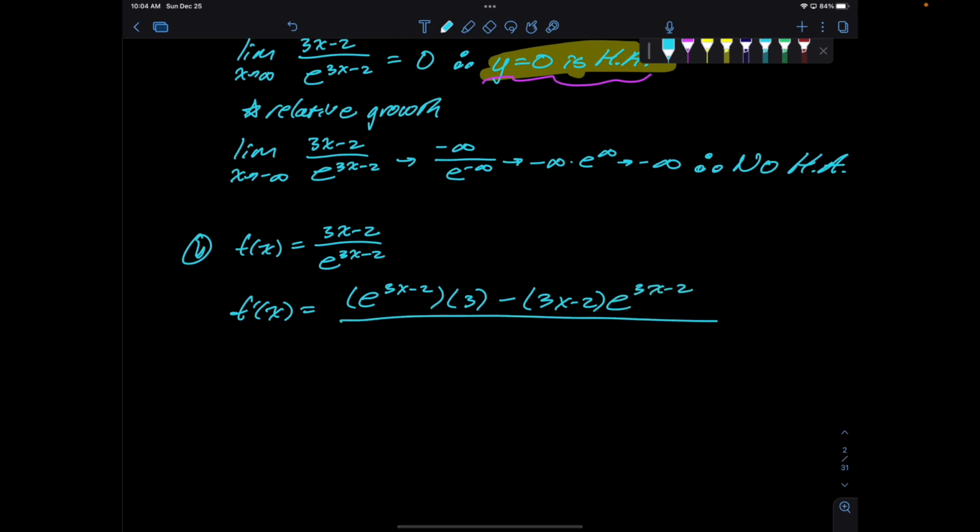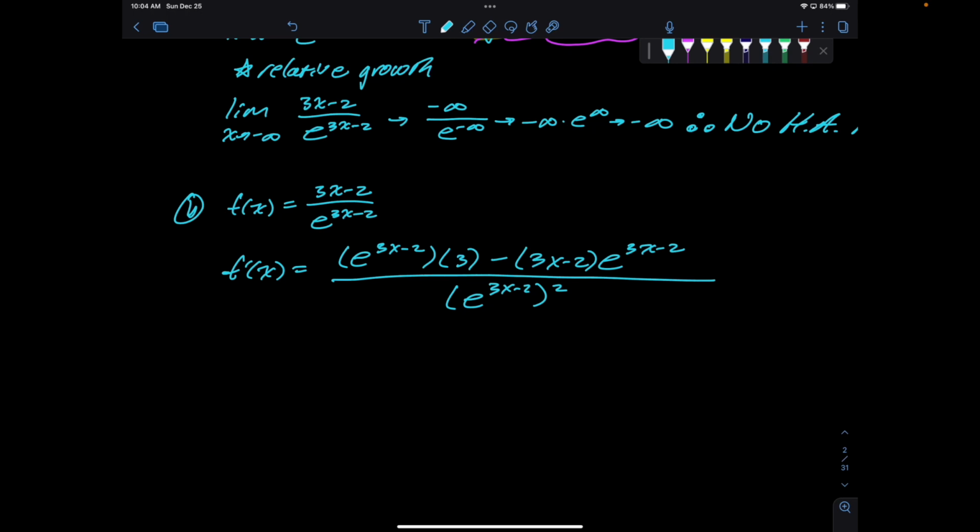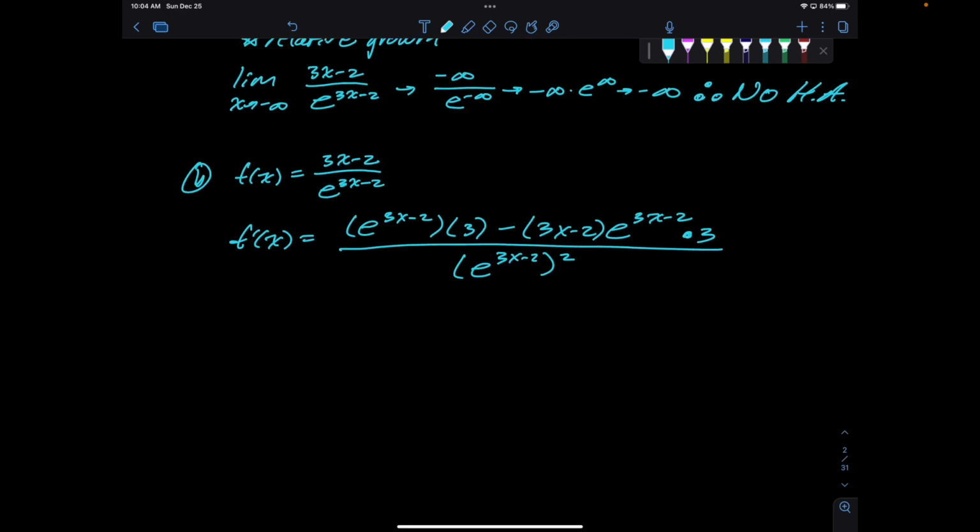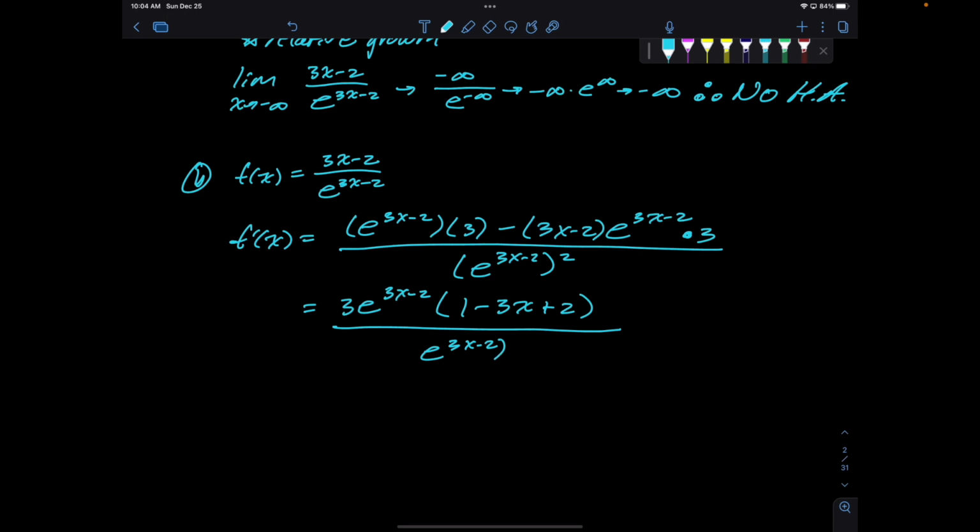That all over bottom squared. All right, now this cleans up because we can take bottom derivative top minus top derivative bottom. I forgot to multiply, I forgot my chain rule. There we go. Okay, so I can take out 3e to the 3x minus 2. That gives me 1 minus 3x plus 2, because I'm distributing the negative, over e to the 3x minus 2